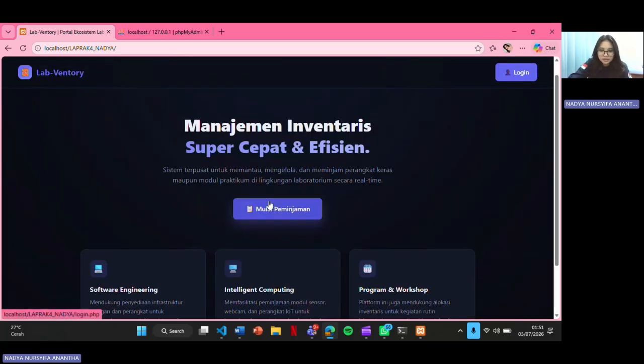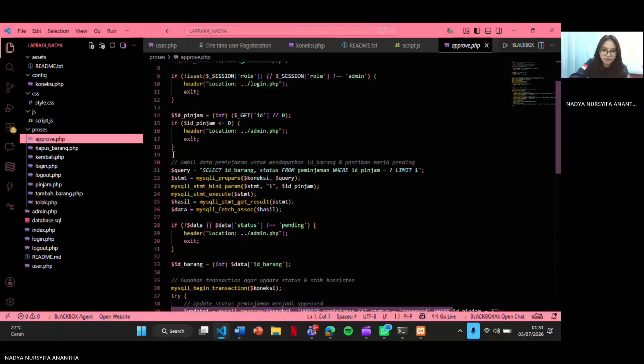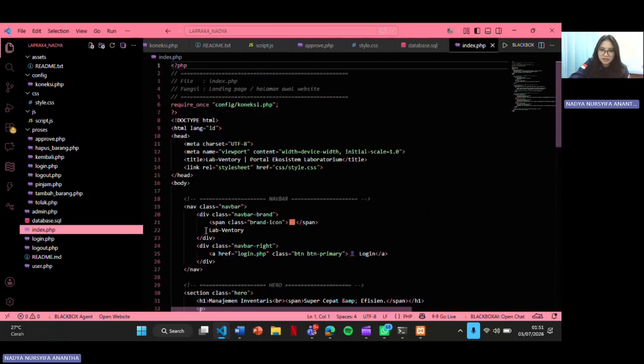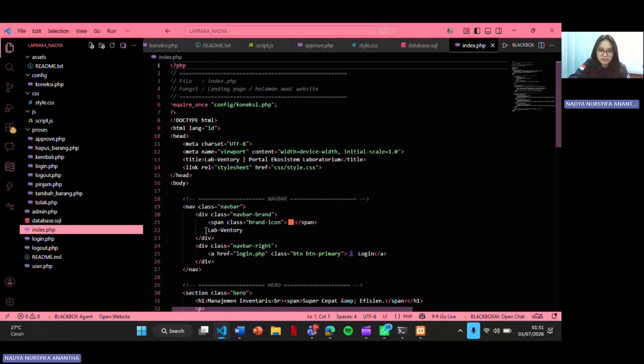Okay, next, index.php. The index page, or the landing page of the website, displays the title of the system and a short description about what the laboratory does, and a login button that directs the user to authentication.